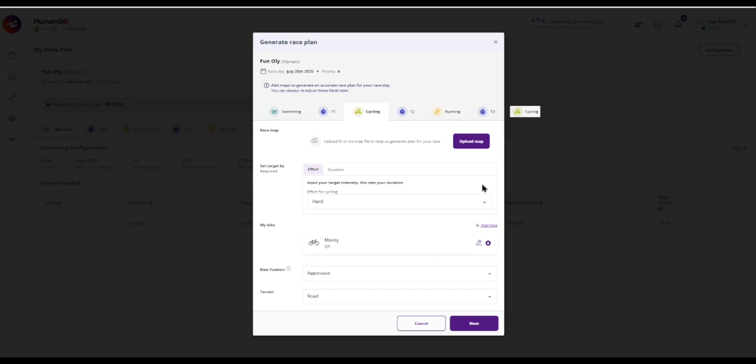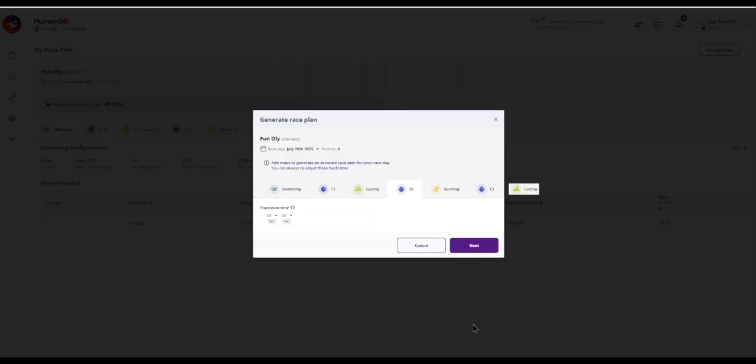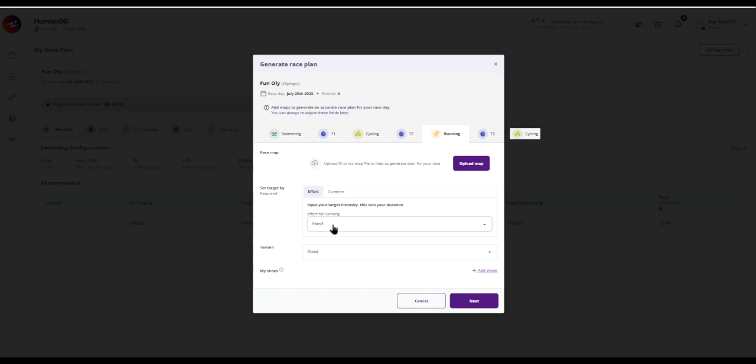I can add a map here if I choose. That will give me the option to have Hugo break down that race course into smaller increments or intervals, specifying my pacing and my intensity. I'm going to keep that transition the same, and I'm going to go hard on the run to finish up